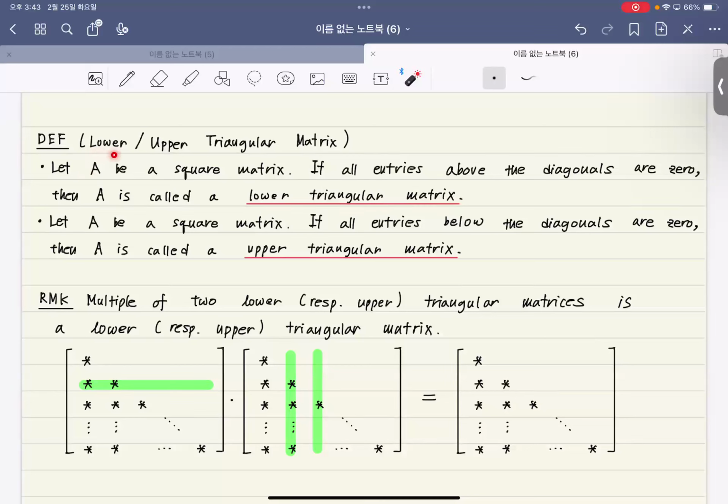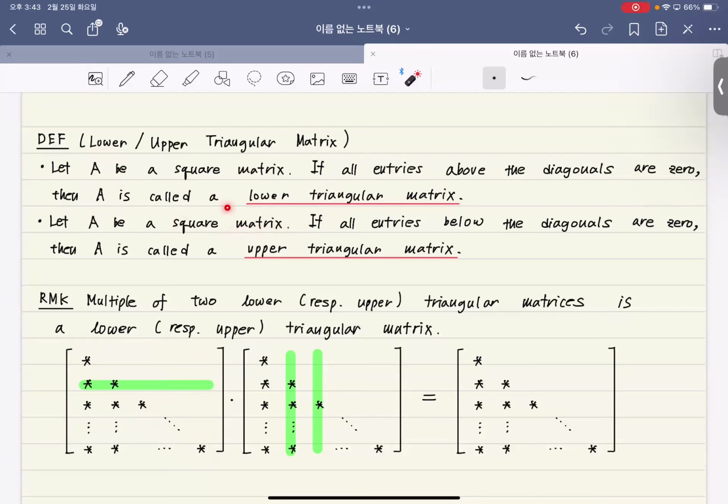Once you have a square matrix, then what are the diagonal entries? These entries are called the diagonal entries. And if all entries above the diagonal, so if all these entries are equal to 0, then we say my matrix A is a lower triangular matrix. Okay, very intuitive naming. And in the same way,